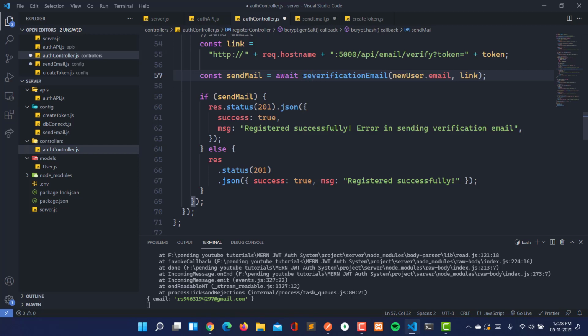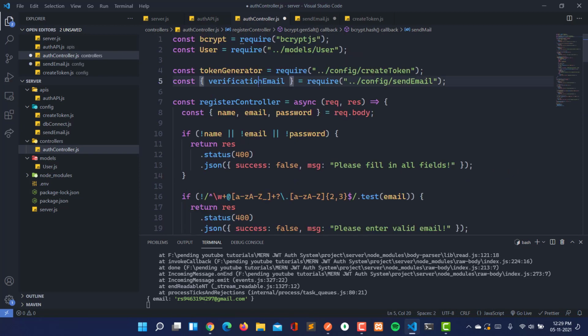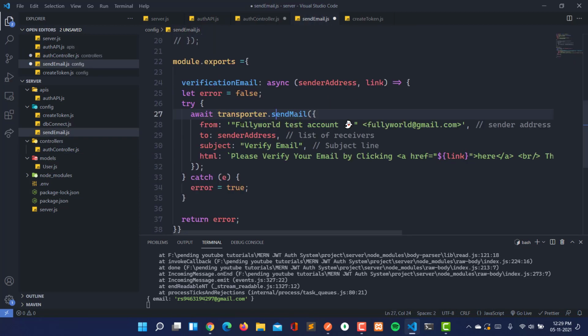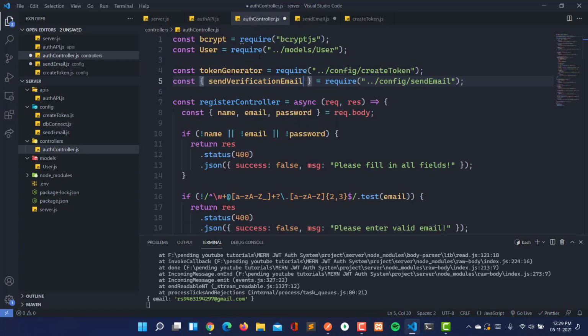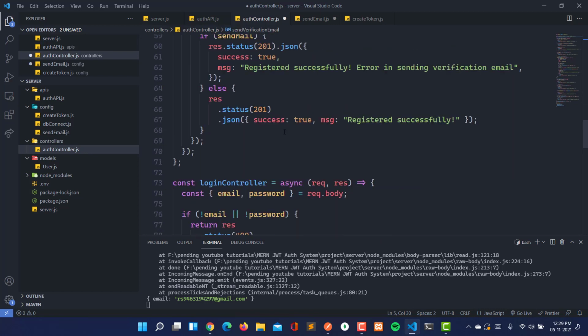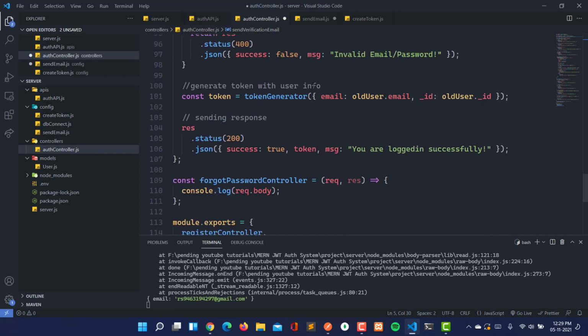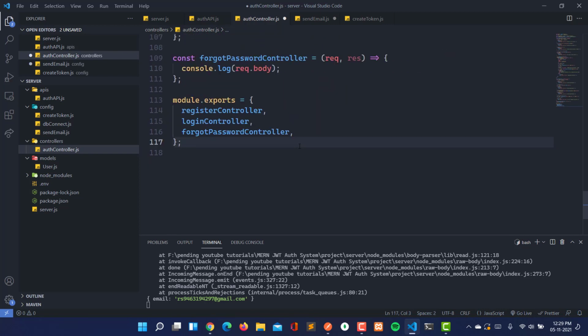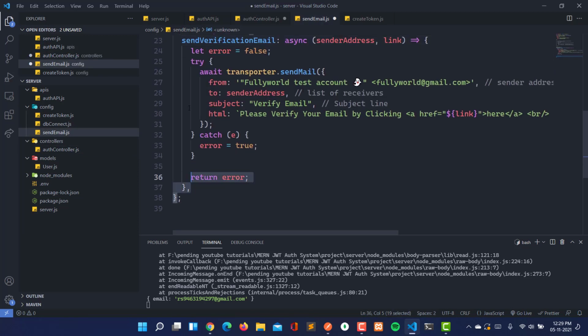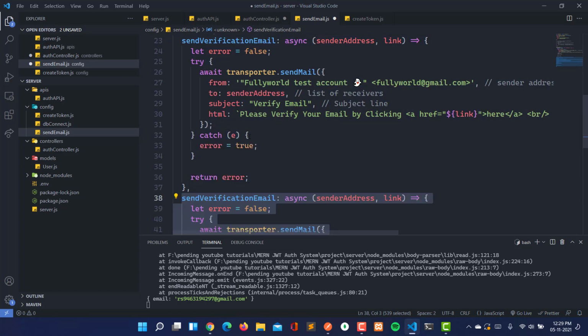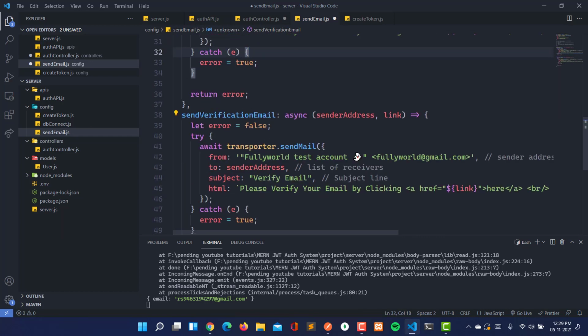Then here it will be send verification email. So pasting this, and this will be send verification email. Then here we have added send verification email. Let's go to the bottom, and here we don't need anything, so we only need that on one side. So send verification email is there. Now I'm going to copy this, and instead of send verification email, here it will be send forgot password email.